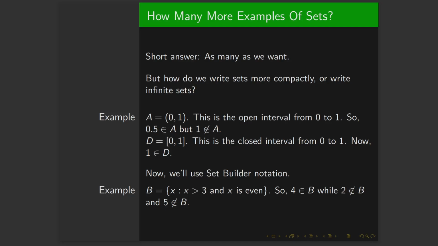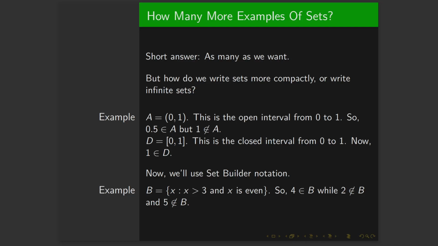So let's look at the set B. So B is equal to the set X such that X is greater than 3 and X is even. So pretty much the sets are defined in a specific way. The first thing that we have is the form of the elements in the set. So in this case, it's just X, and X is just a number. Then we have a colon or a line separating it from the conditions that we have. If the numbers meet the conditions to the right of the colon or the line, then it's in our set,